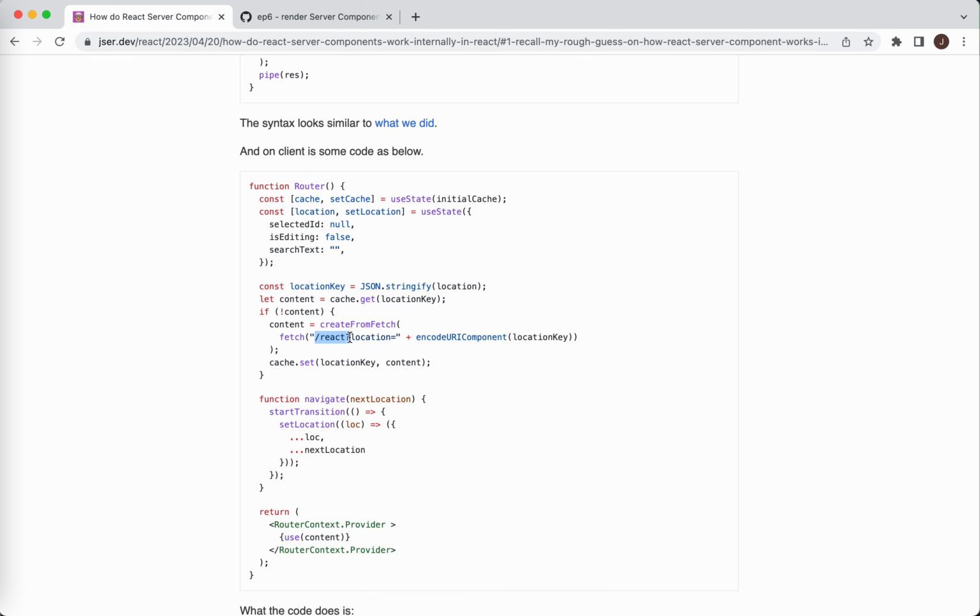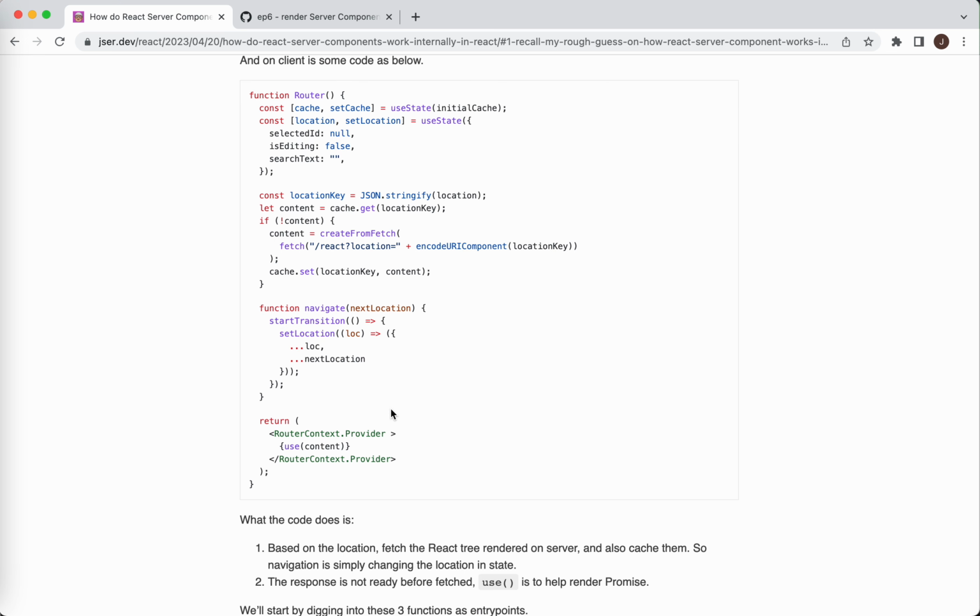You can see here we render React, and this is the location, and I think there will be some parameters encoded here. Anyway, each time the location changes, it will try to fetch the actual page, the rendered React tree from the API, and then hold it with a state